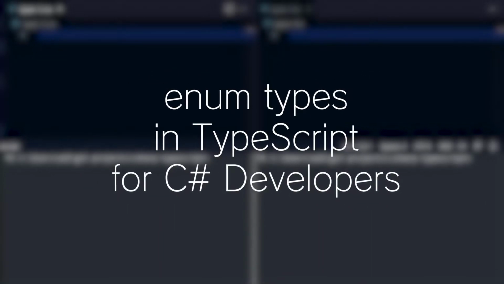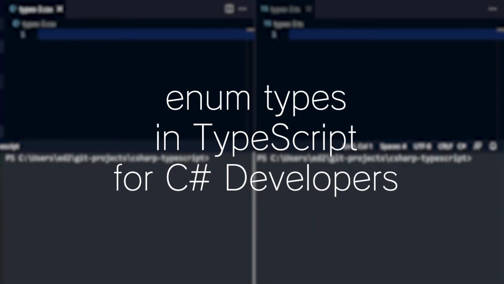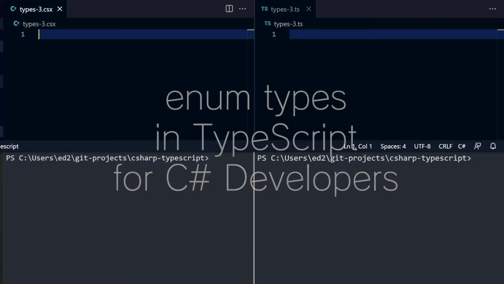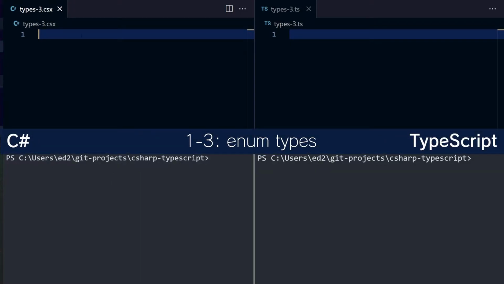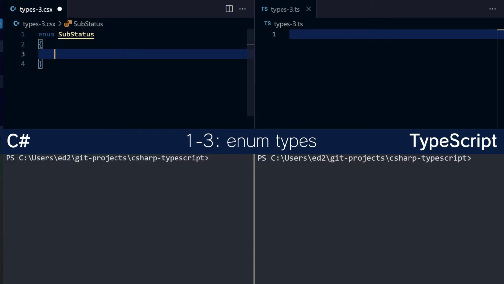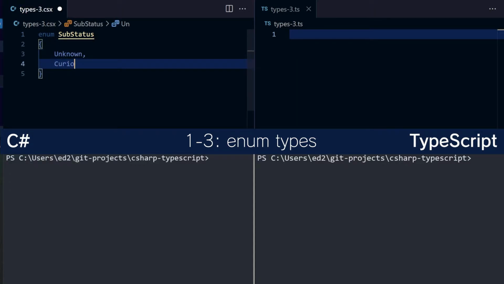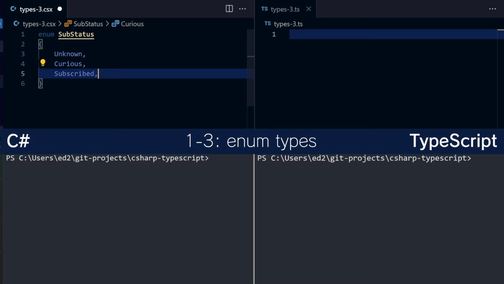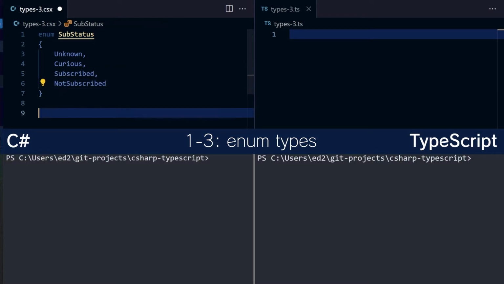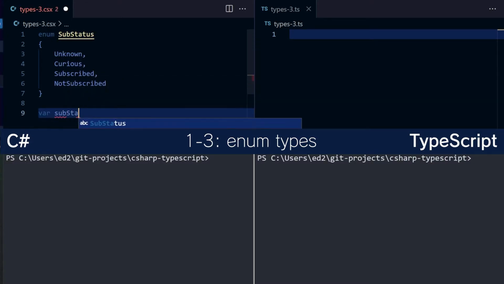Let's talk about enum types in TypeScript from the perspective of a C# developer. In C#, if you wanted to do an enum, you would do enum SubStatus, for example, and we'd do this as Unknown, Curious, Subscribed, NotSubscribed, like so. We'd say that the subStatus is